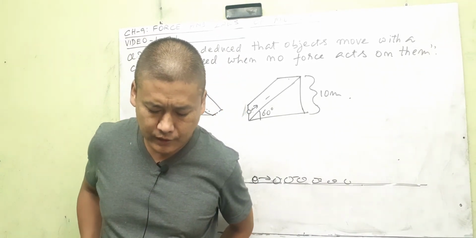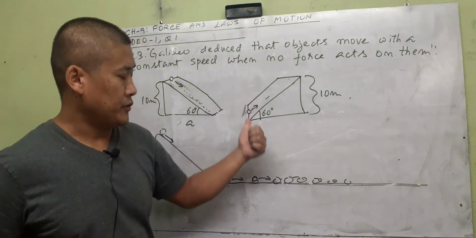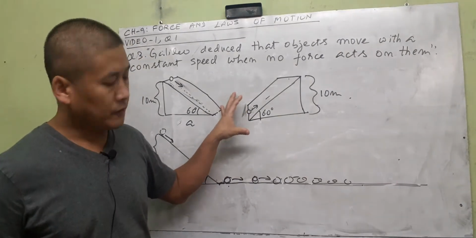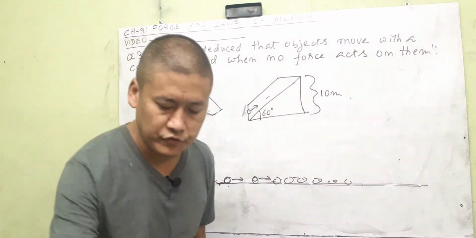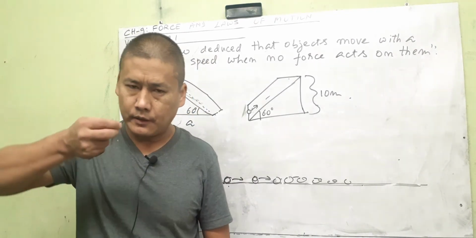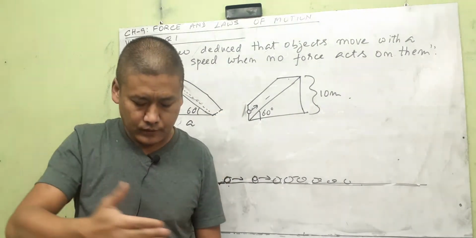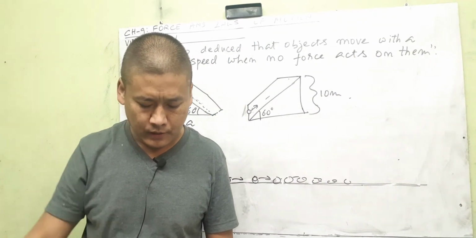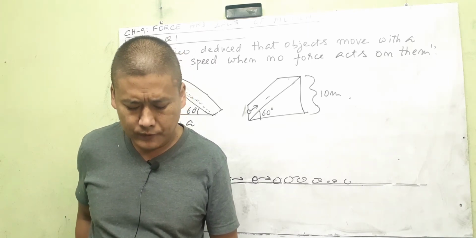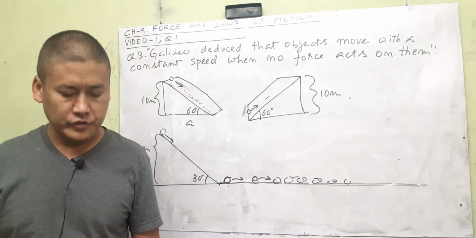Newton further studied Galileo's idea. So Galileo's discovery, which we discussed just now, was an important discovery, because with the help of this, Newton was able to give us the 3 laws of motion. Newton further studied Galileo's idea. That means he did not start with his own idea. He took the idea from Galileo because it was correct, and he worked more upon it. Idea on force and motion, and presented the 3 fundamental laws that govern the motion of objects, known as Newton's laws of motion, or Newton's 3 laws of motion.